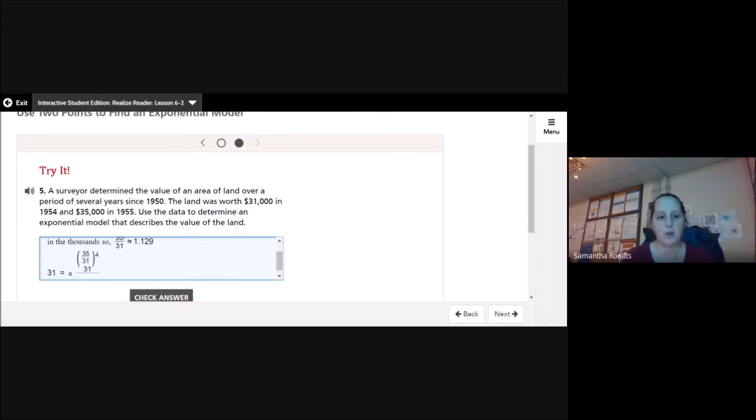So this is going to be 31 divided by 35/31 raised to the 4th equals A. So it's approximately 19.078. Okay, so my final is y equals